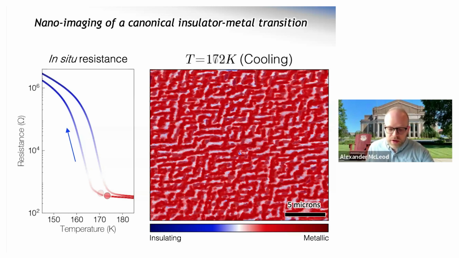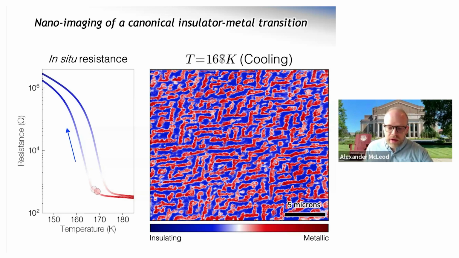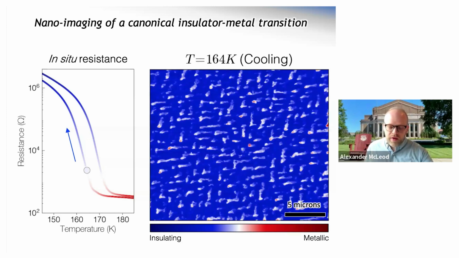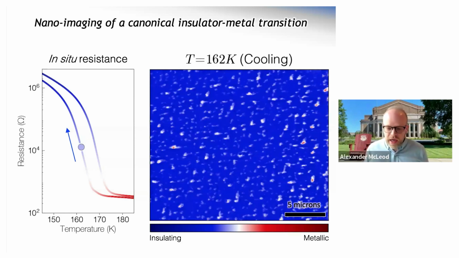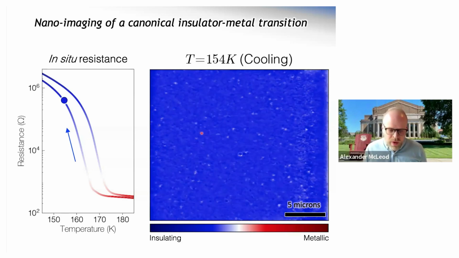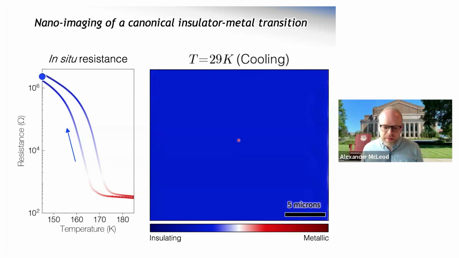Oops, I need to go forward, not backward. And before too long, you can see that we've more or less triggered the entire phase transition. And what's left is just some little remaining regions that happen to remain in the metallic phase. That's what these whiter and redder regions are. Those are remaining metallic regions. And then it's not until we cool this fellow way down that we can see we end up with a